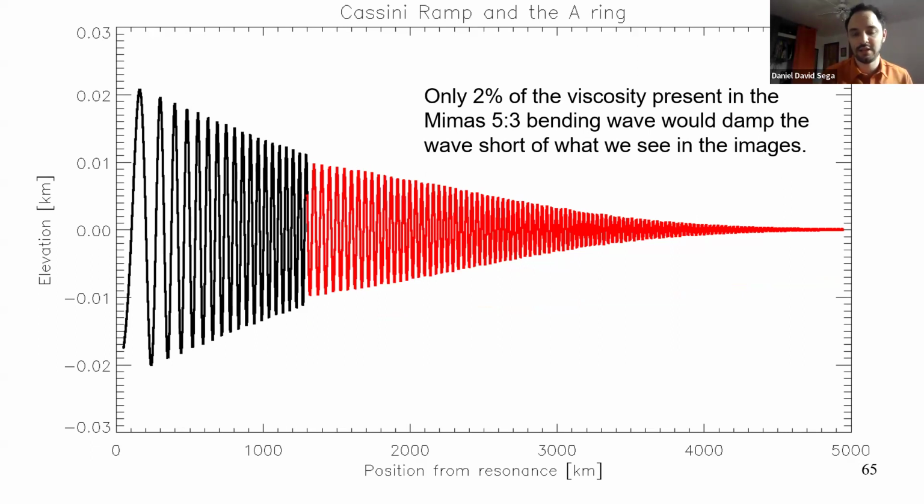And if I use the viscosity of the region, because there are bending waves and density waves in the region, and I can extract a viscosity by how fast they damp, and I put it into this wave, the wave damps within half of the length that we see, not even half, but almost within the black region. So there's a reason why collisions are not affecting how the wave propagates, or there's something giving it more life as it goes, or it's a mystery. It's truly a mystery how you can get it to be so long. And it's also undeniable from the picture that this is happening.